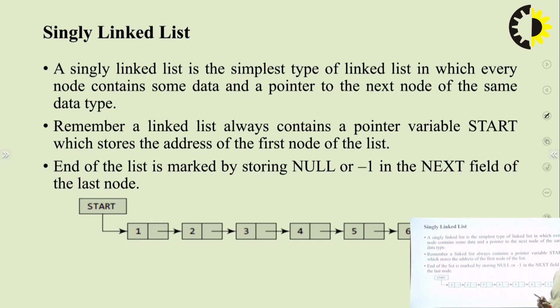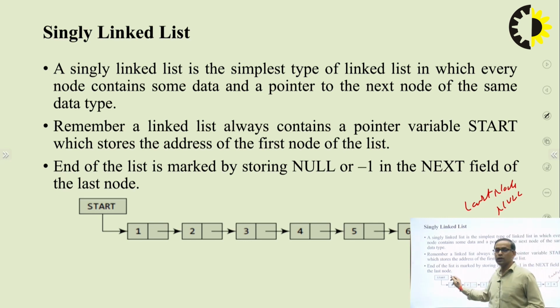In case of a singly linked list, every node has two fields. First field is the data field, second field is the address field. The data field contains the value stored in the node, and the address field contains the address of the next node in the linked list. As I discussed, node 1 contains the address of node 2, the address field of node 2 will contain the address of node 3, and the address field of node 3 will contain the address of node 4. In the same way, since this is the last node of the linked list, the address field of the last node will contain null. It means after this there is no node in the linked list.